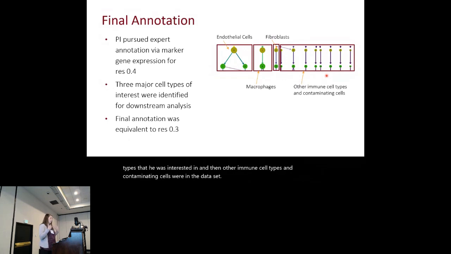And one interesting part of this is even though he was looking at resolution 0.4, he ultimately decided to merge these 2 clusters into this cluster and call them endothelial cells. And so the final annotation was equivalent to resolution 0.3, which was the most stable resolution. So in that project, we tried to avoid UMAPs as much as possible and use something more concrete for doing